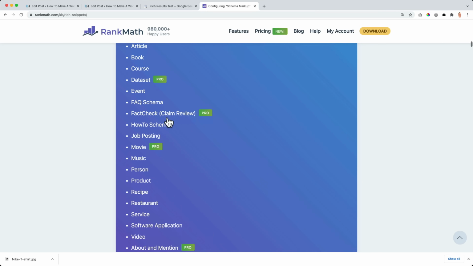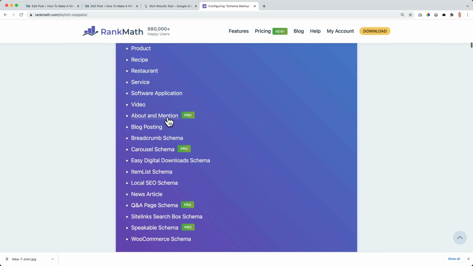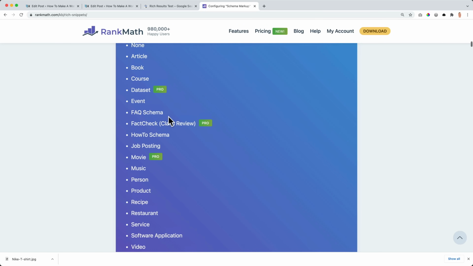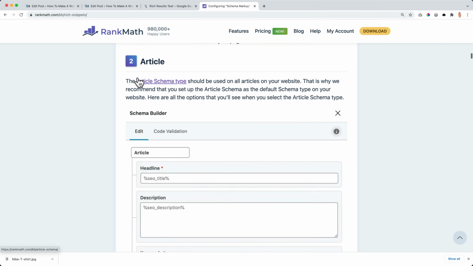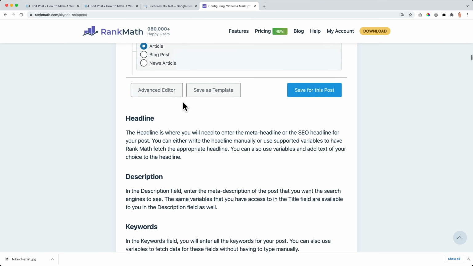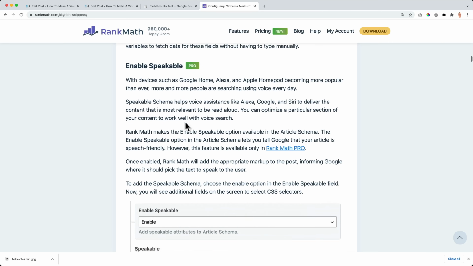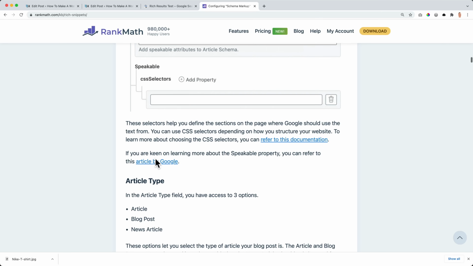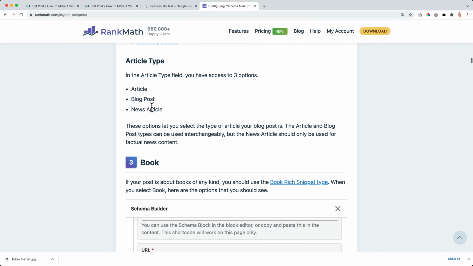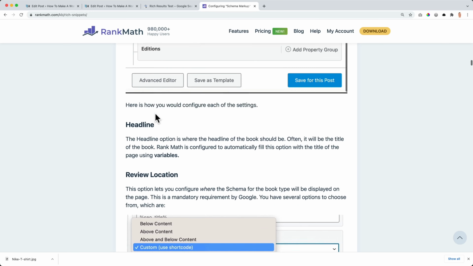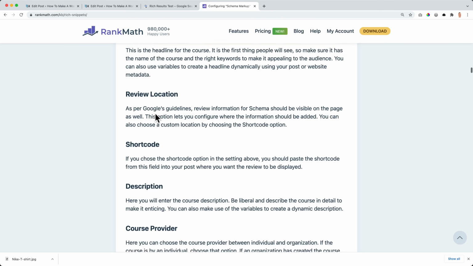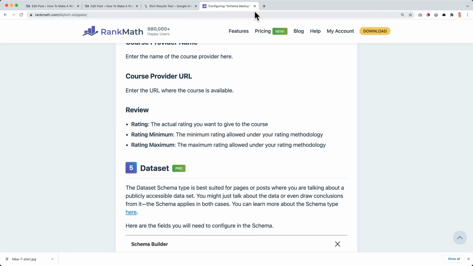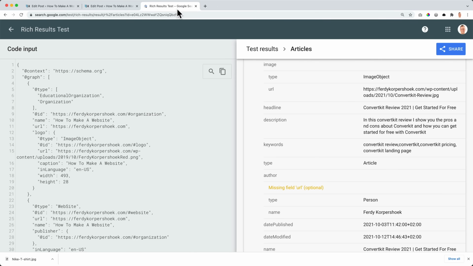And if I would go for, let's say, one of the pro versions, movie for instance, or let's go for article, you see there are a few free options, and then speakable in the pro version. And there's more about what you can adjust for books, for courses. And in that way, things will be displayed better in the search results and will help you to get more views.